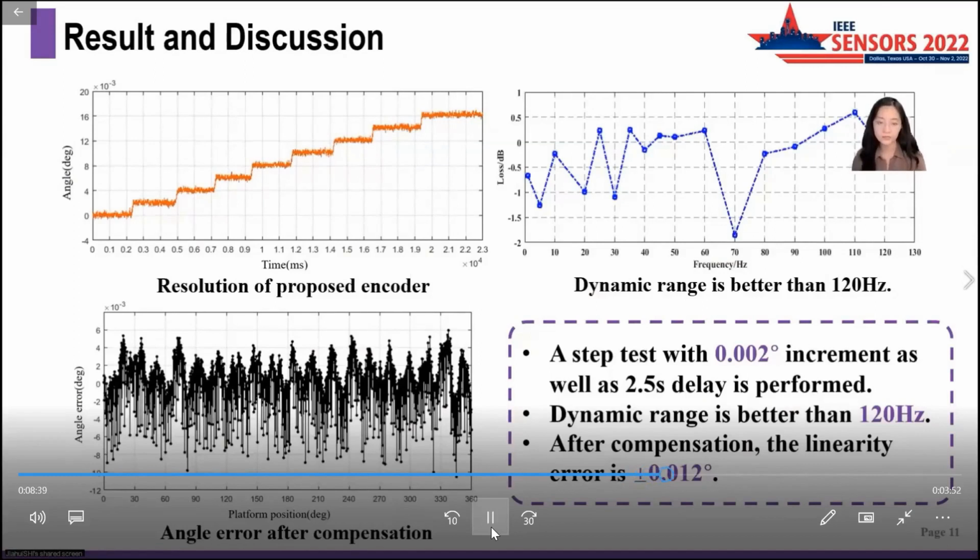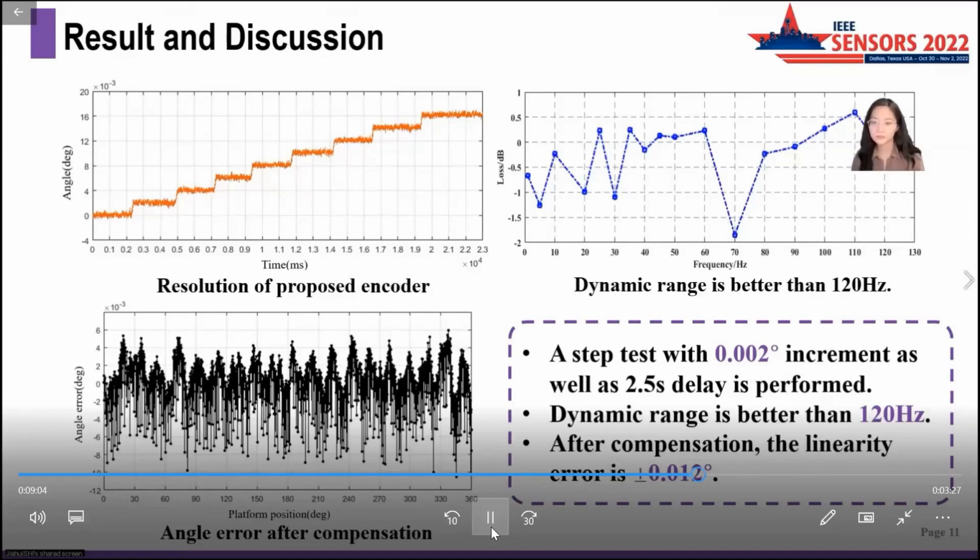The dynamic characteristic is also verified. Adjusted to oscillation mode, the turntable can oscillate at a set angular frequency. The measurement accuracies under varied oscillation frequencies are calculated by the ratio of the encoder angle signal to the reference output of the turntable, as shown in the second figure.